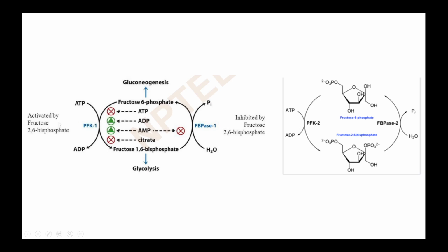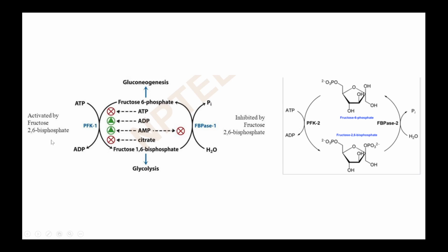So in that case, PFK1 will be activated and FBPase will be inhibited, and the pathway will go towards glycolysis, and in that case gluconeogenesis will be inhibited. Okay, but now these two enzymes, phosphofructokinase 1 and FBPase1, are also activated and inhibited by a molecule called